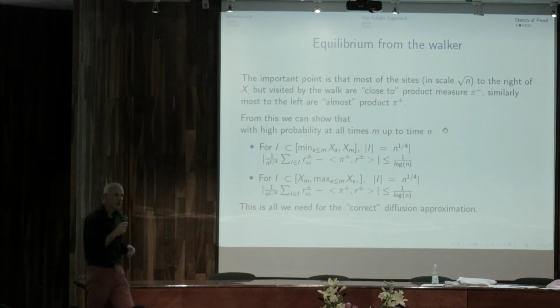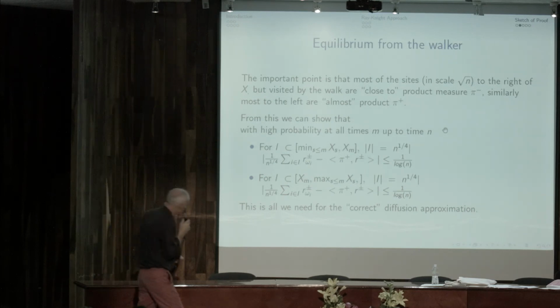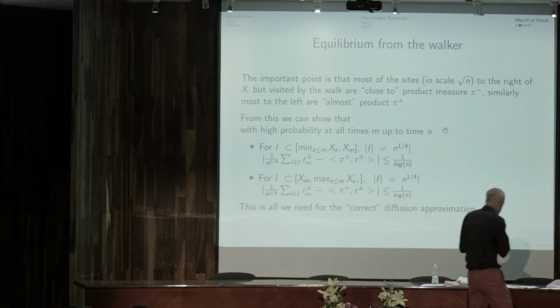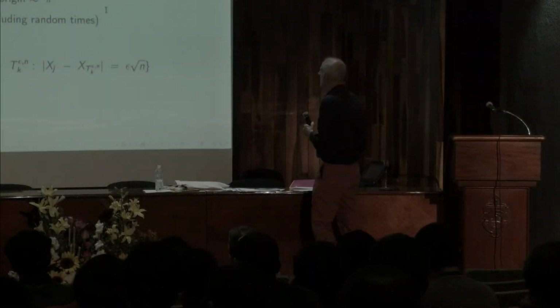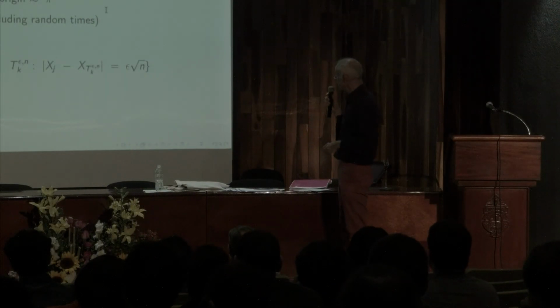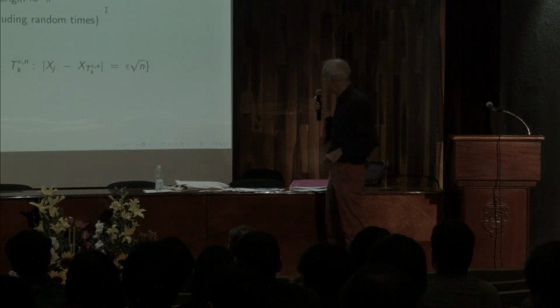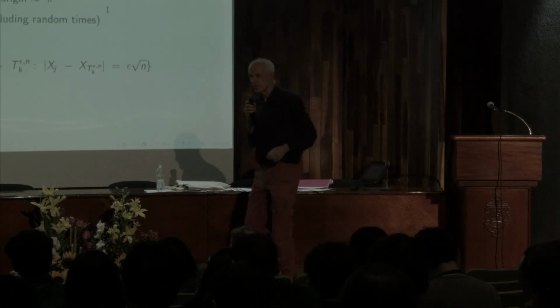But the point is, that's not going to work for us, because first of all, we're looking at things which are not in equilibrium. They didn't start in equilibrium. Secondly, we're looking at things that get perturbed when you get to the maximum and the minimum. Our limit isn't a Brownian motion. So we need something a bit different, but